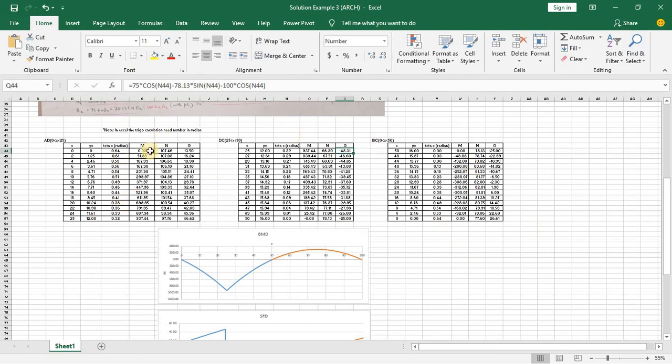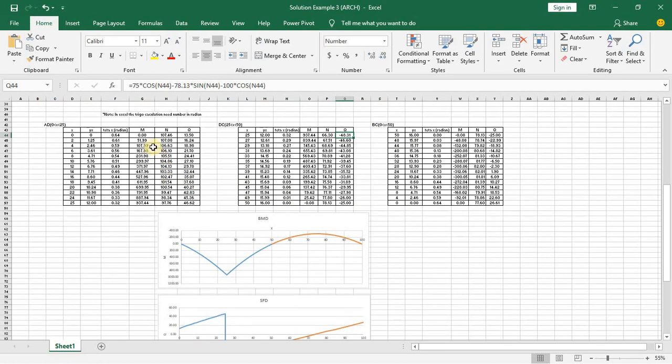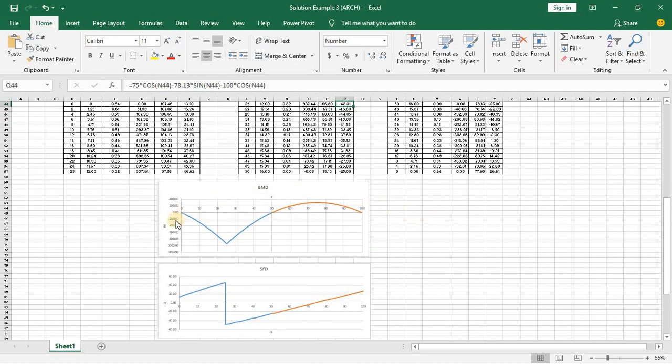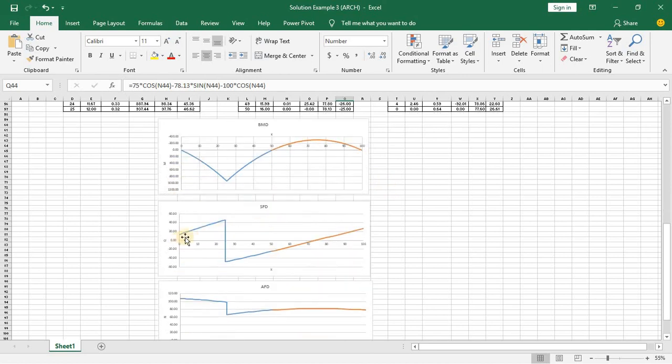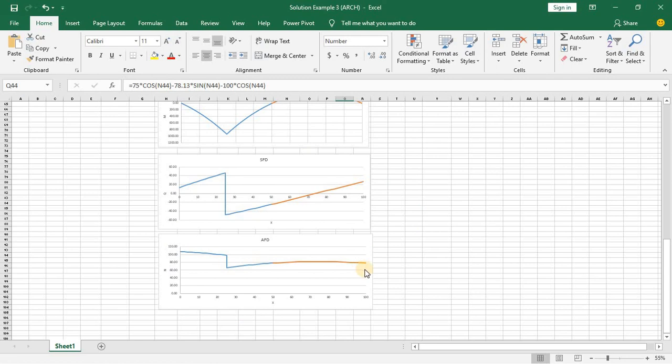For example, I made three tables here. The first table is for AD, 0 to 25 meter, the second for DC, which is 25 to 50 meter, and the last one is for BC, which is 0 to 50 meter. You can see that I have formulated all the equations and obtained all the values of bending moment, axial force and radial shear force, and by using the tools in Excel, I can plot all the diagrams. Here is the bending moment diagram for the arch, this is the shear force diagram, and this is the axial force diagram for the arch,